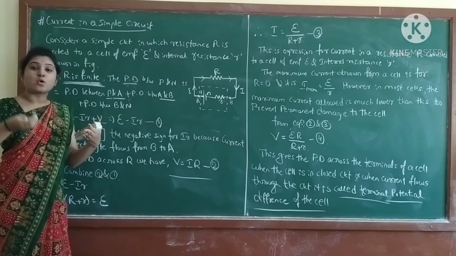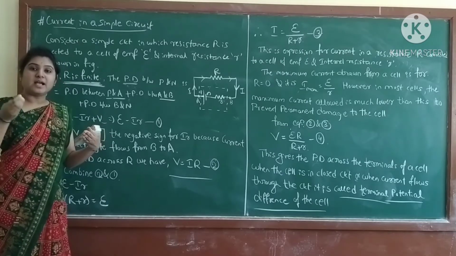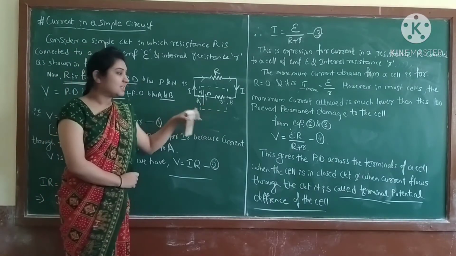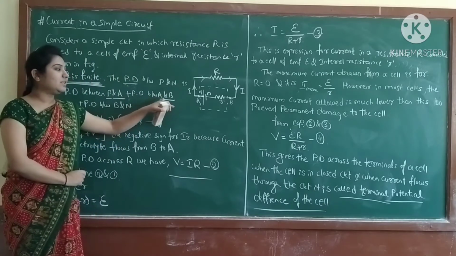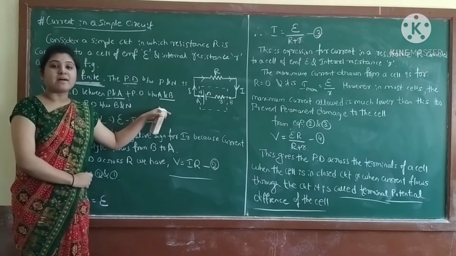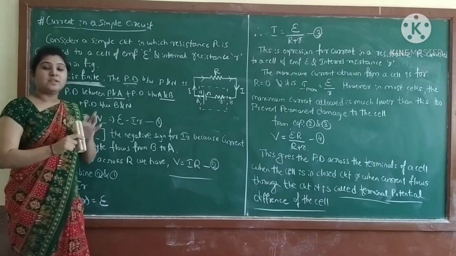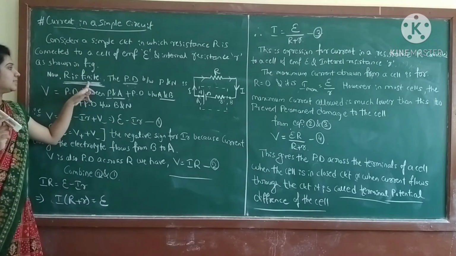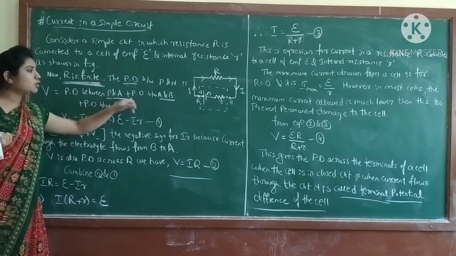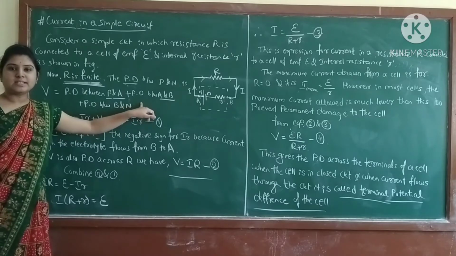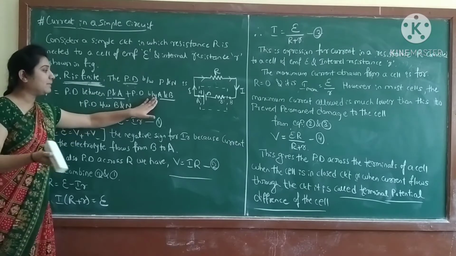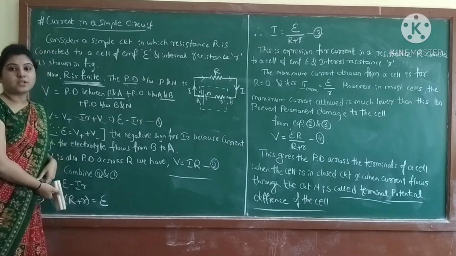That is nothing but the potential difference that we are considering. Just remember one thing: in the previous case, the potential difference between A and B was how much? 0. But now it has some value, because we are considering resistance R as finite. If it is infinite, there is no problem, that means we have the value 0. But now R is finite. That's why the PD between A and B has some value.